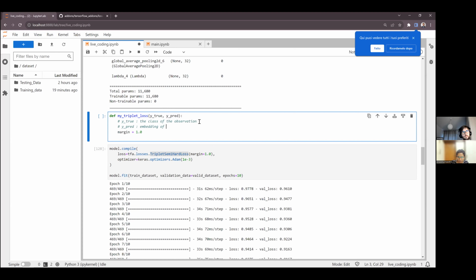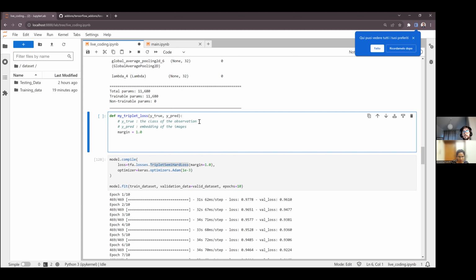So the first thing that we can do is to compute the distance matrix. Let's say y pred will be of shape batch size by embedding size.